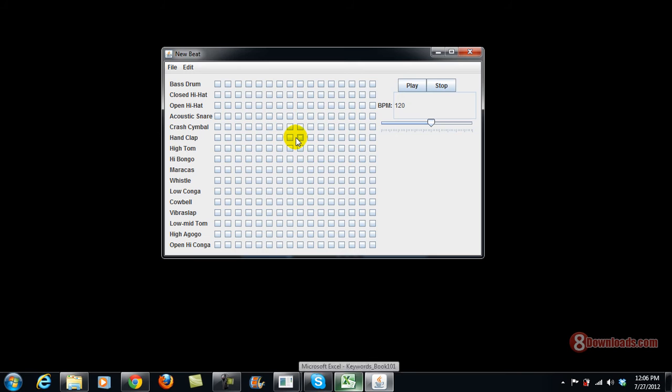Now with JBeatbox, to make a good background loop or music, all you have to do is just go and experiment first with the drums and play the beat right there. Okay, so right now it's playing the beat in my background, and let's say I know how to count 1, 2, 3, 4. So what I'm going to do is I'll just place another bass drum after the 4 counts. So there are 2 bass drums already, and then another one here, and this time I'm going to add an acoustic snare every 2 counts.